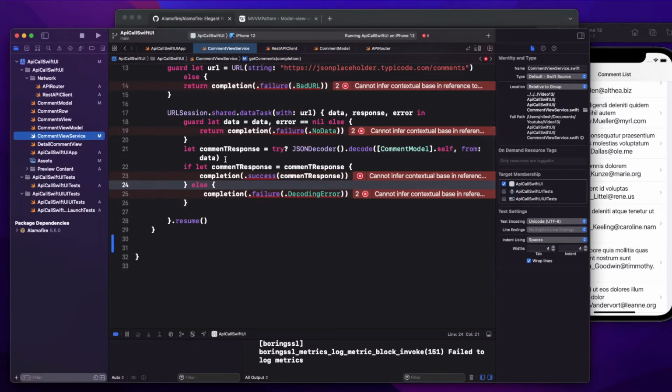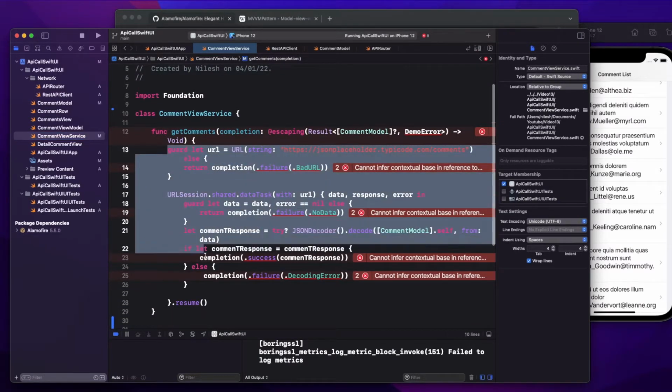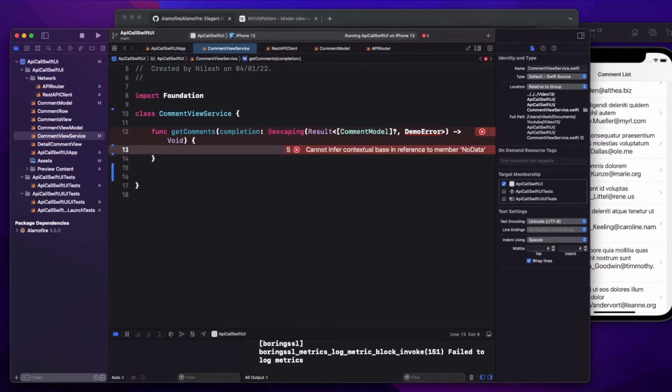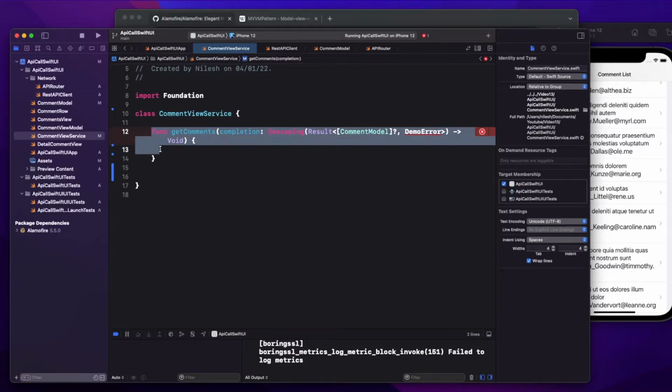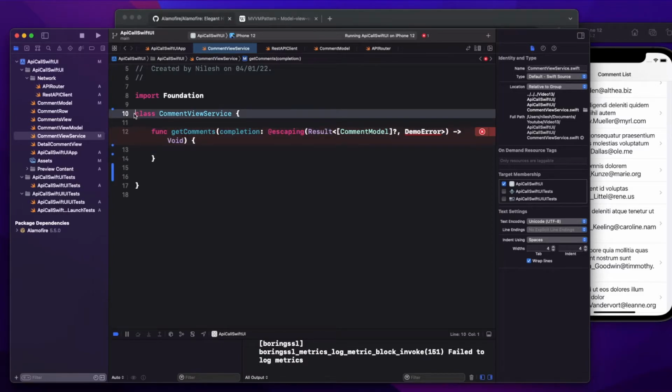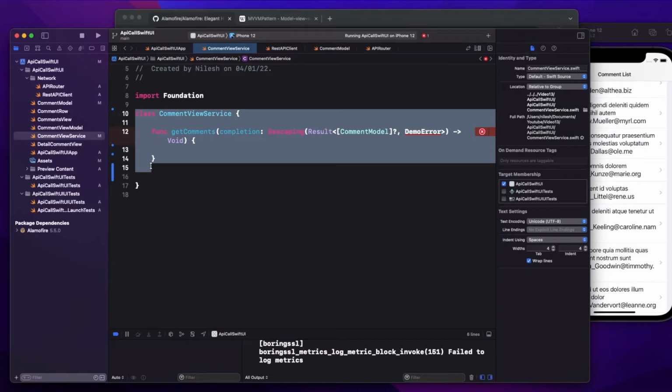Now let's come back to our comment view service. Here there is no requirement of making the network API call, because we are doing it from our REST API client. Now instead of making the API call directly inside this class method like the concrete implementation, we are going to use the protocol oriented concept, so that we can make it more testable, like we can implement the method as we want for our test cases as well.